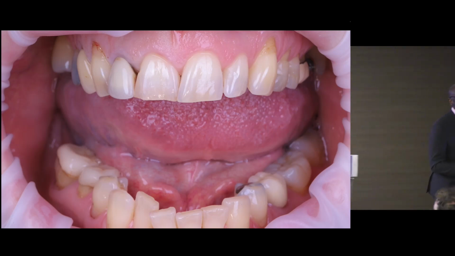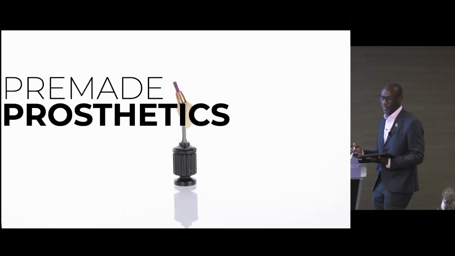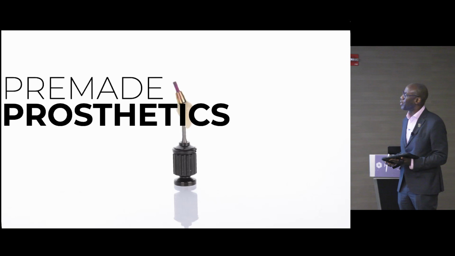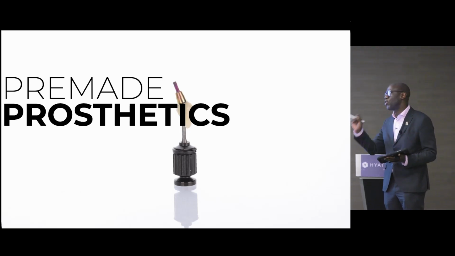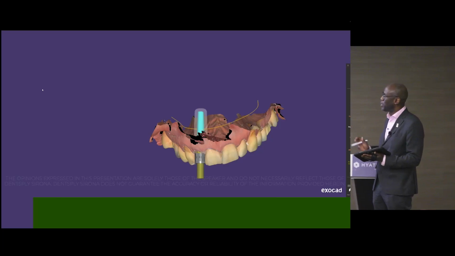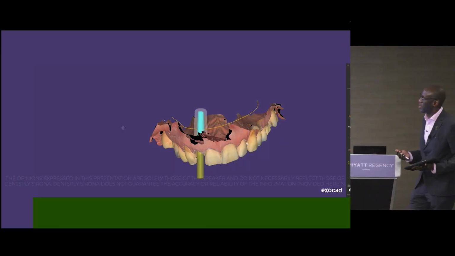Where this really, really comes into force, though, is when we're able to use pre-made prosthetics. So this is for surgeons who want this done quickly, and we're able to take advantage of this because we have all of the components in a library. When we're doing our planning, and you'll see this video play here, this is in a particular kind of guiding